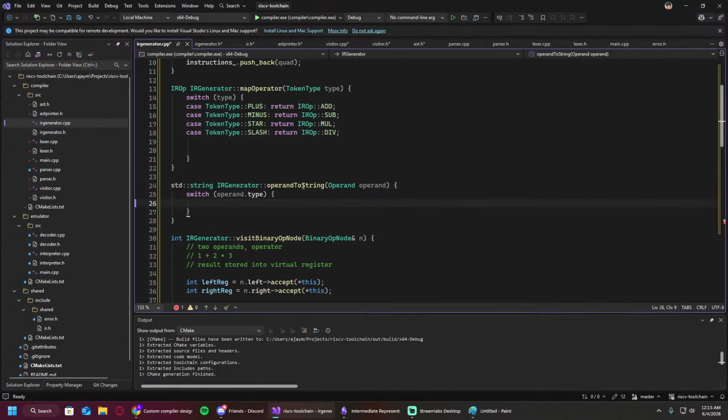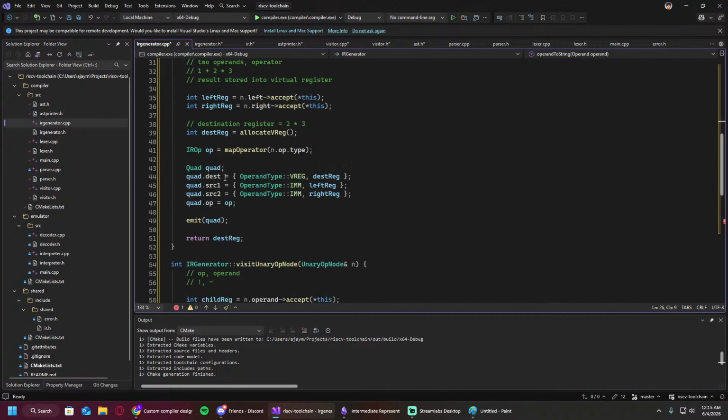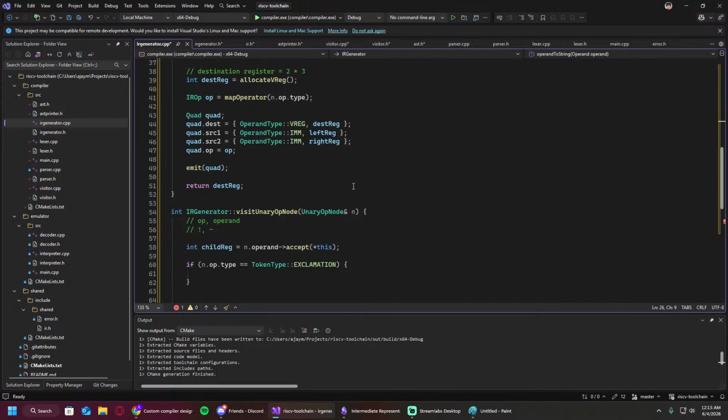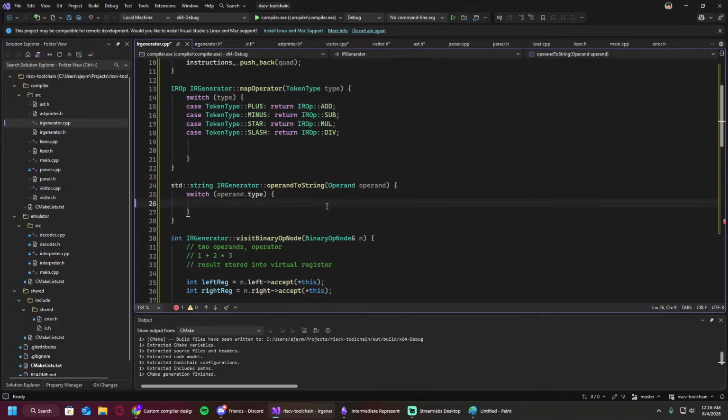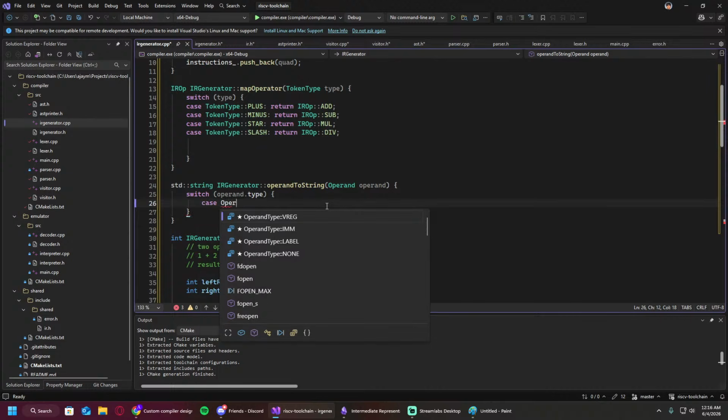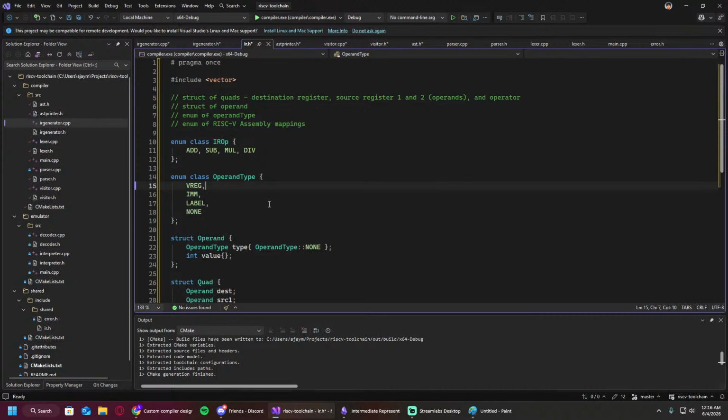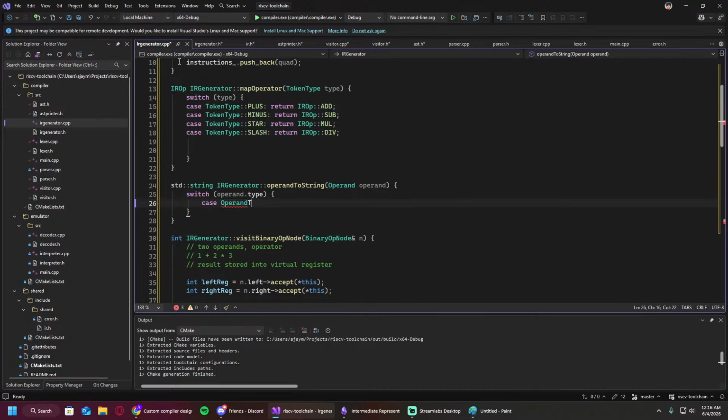We're returning our vreg, and in these two cases we're returning immediate values. So we want to say, for the case of operand type, virtual register,